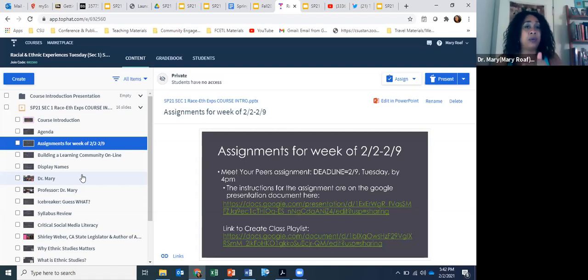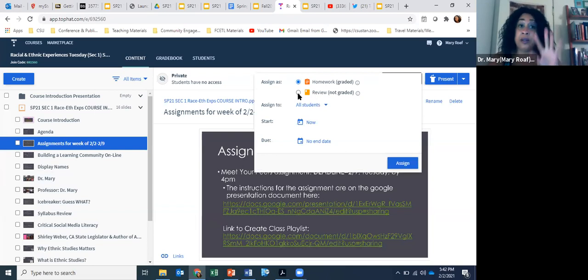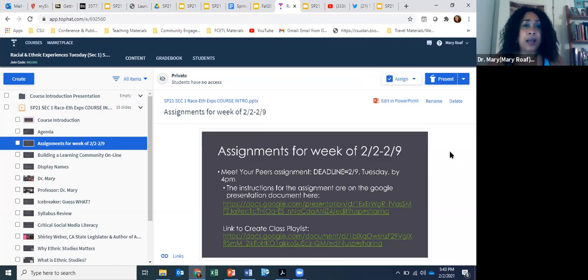Within those folders are the unit PowerPoint presentations with all of the assignments and the interactive activities. While I have it open like this, you're not going to be able to access it, so I just reassign it. It's awesome. I get to assign it as review because there's no graded work in here. We'll be spending a lot of time in Top Hat as we move forward.